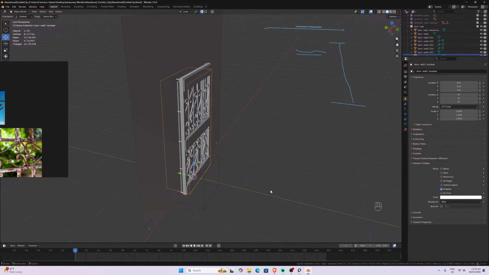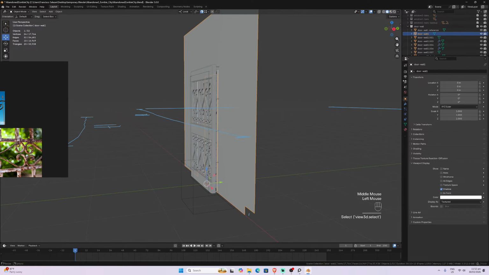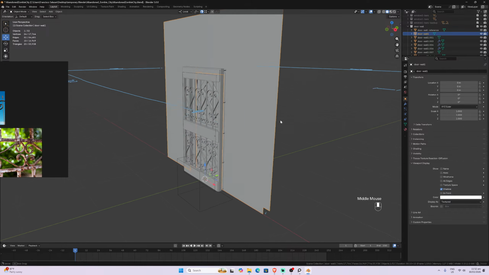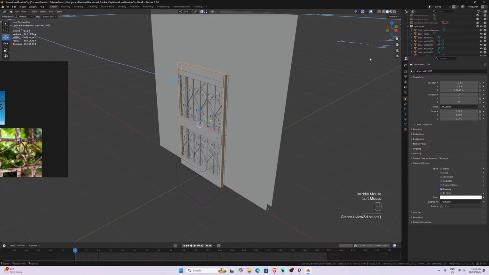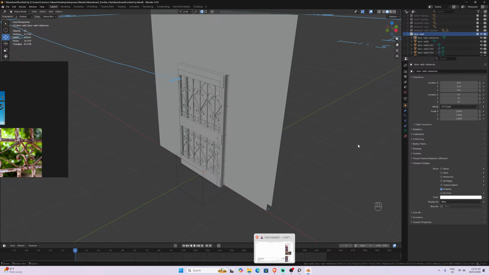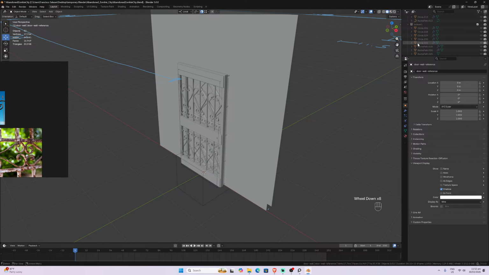Okay, I'm back. This is the file where we have our modular assets. Let me just select the name. Okay, we're going to use door wall. Let me write door wall. Wooden door dos, wooden door 2.